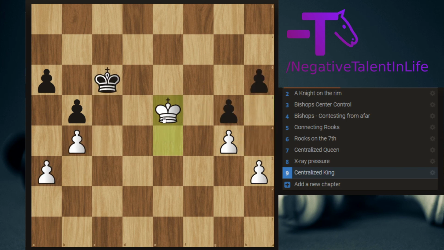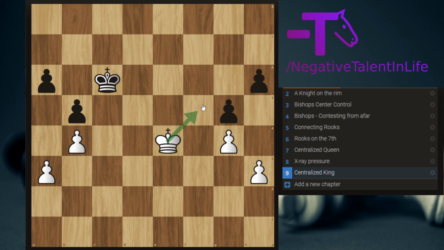this move is much simpler, right? Because black cannot move to any of these squares. He is totally trapped. Because white took control of the center, he has complete control over who passes through the center, right? Black has no control over white pushing through, whereas white has all the control over black pushing through. So,